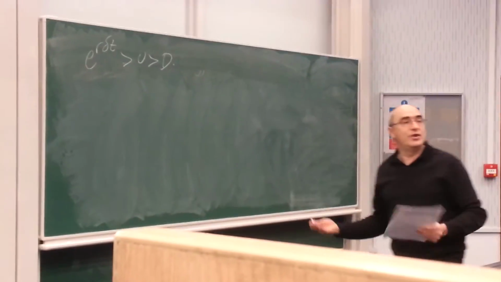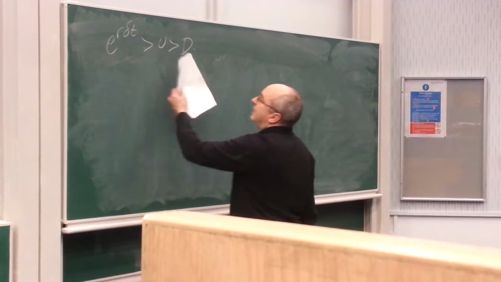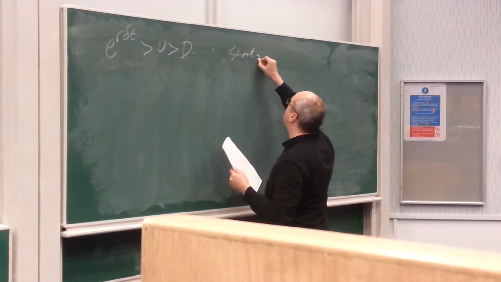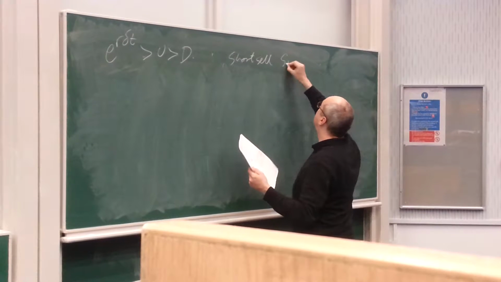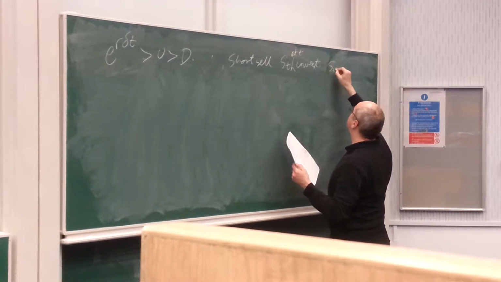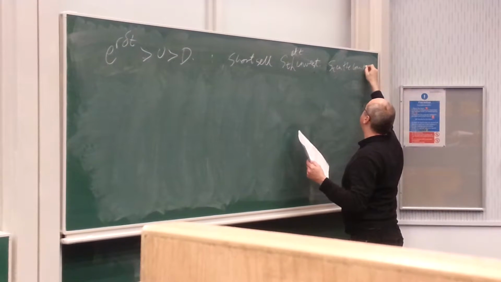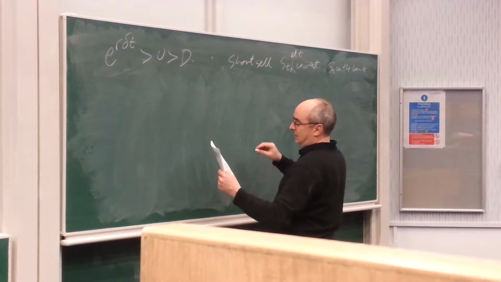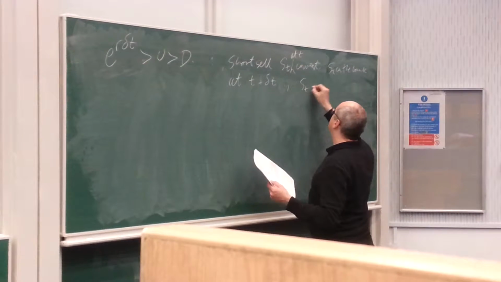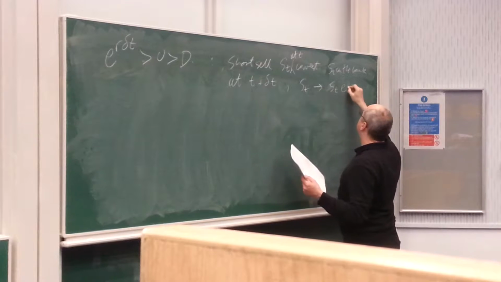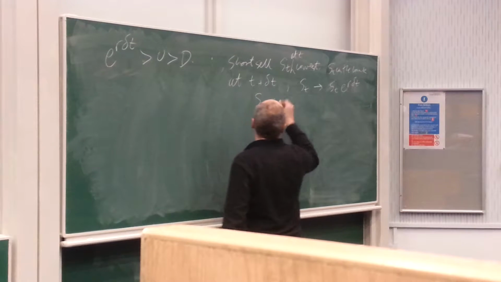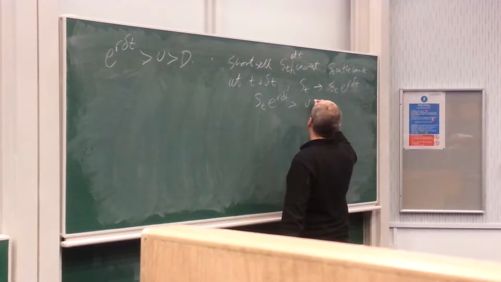When you have that scenario, again U is greater than D, so you get that inequality for free, but it's where e to the r delta t is greater than U. Well, the argument here is you short sell the shares at T, invest ST in the bank, and then at T plus delta t, ST has risen to ST e to the r delta t, so you can see that ST e to the r delta t is greater than UST, which is greater than